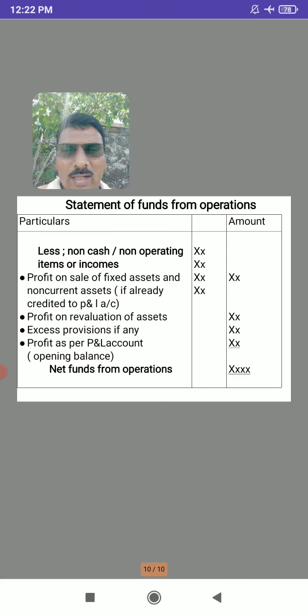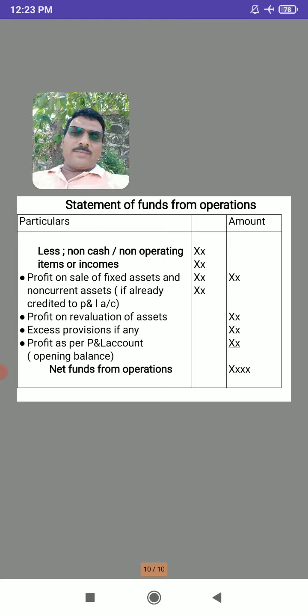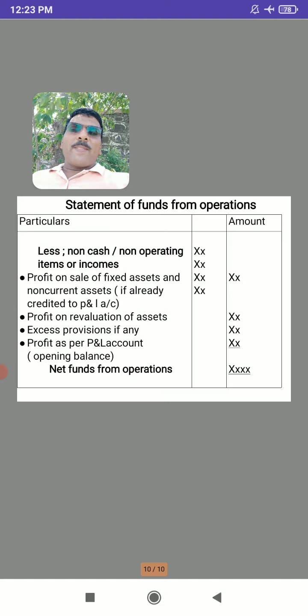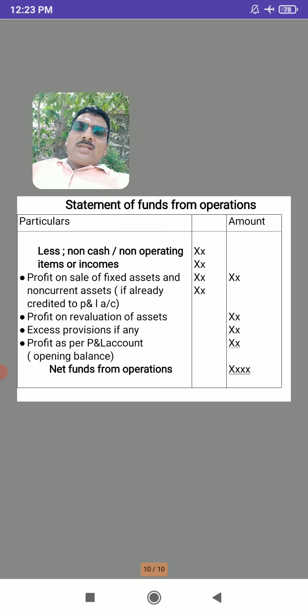So like this the statement of funds from operation is prepared, and this statement is used day to day in our accounting books. For examination purposes, this statement of funds from operation is very important. This format is used everywhere for the calculation of funds from operation. And first of all we have to know how to prepare the first step, that is changes in schedule of